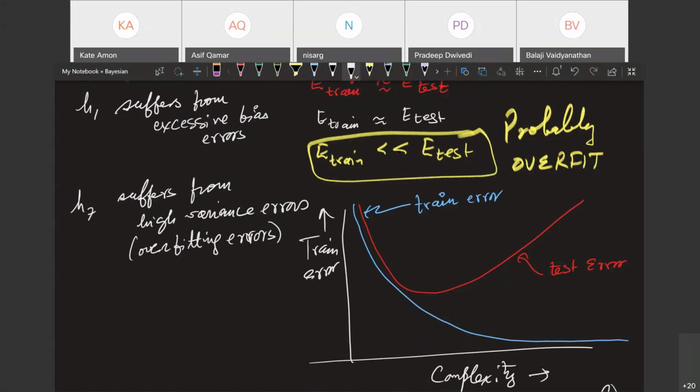But we still dare to go there because, amongst many other reasons, one of the big reasons is we have today a lot of data. So we can tame the problem of variance. By having a complex model, we won't have the problem of bias, but we fear the problem of high variance, overfitting. It is a problem. We will always have to deal with overfitting. But the more the data, the more it brings down overfitting.